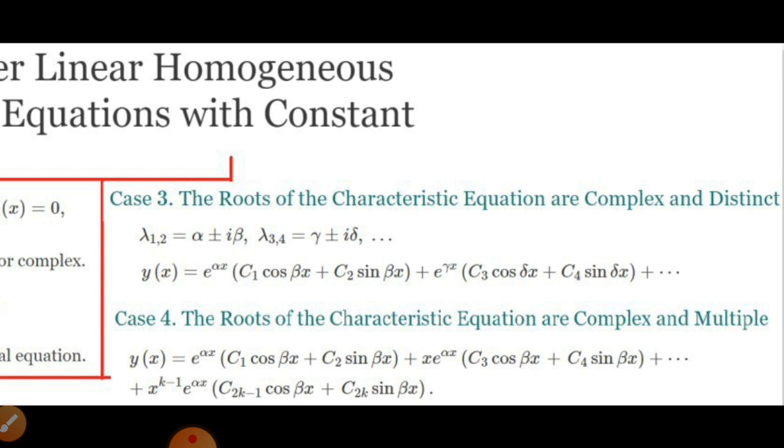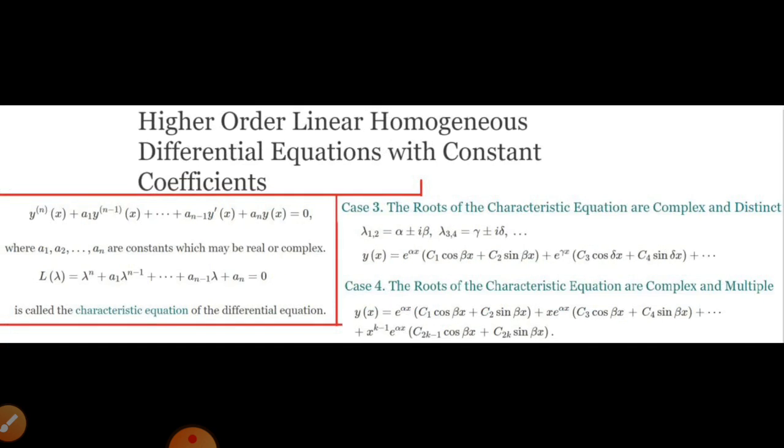So this is the general procedure of solving a homogeneous differential equation. First we have to write the characteristic equation, and we have to find the solutions or roots of that characteristic equation. By following the special procedure for those roots, like roots are real and distinct, roots are real but multiple, roots are complex, we will write the solution accordingly. So to further boost this knowledge, we will solve some numericals.